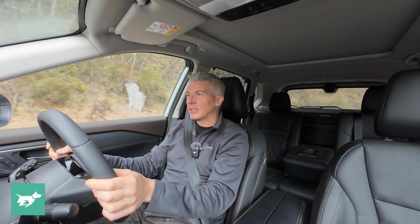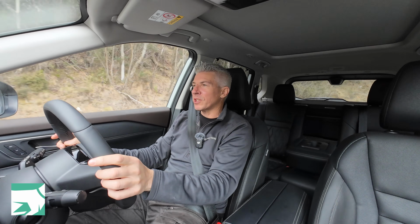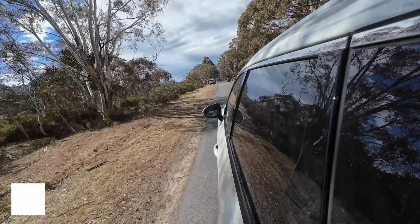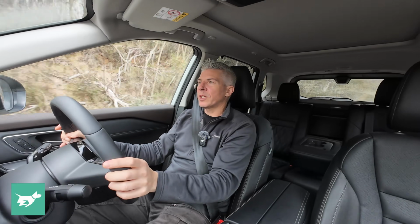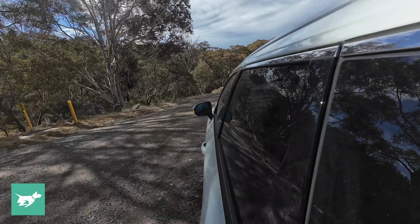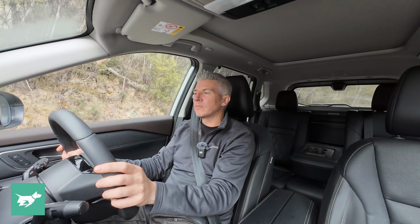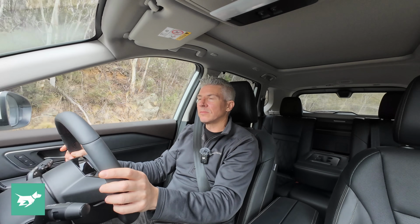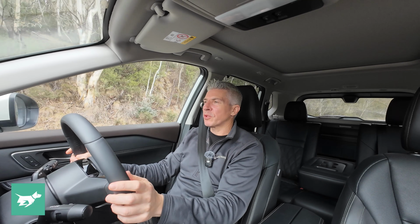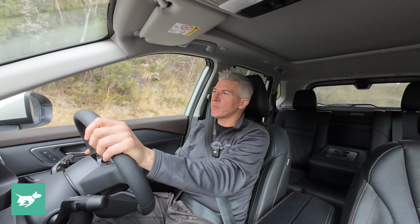But it does give you very sharp deceleration on this road. So yeah, we'll just lift off there, don't need to touch the brake pedal. Lift off again, yeah, strong retardation. All right, let's see if it will come to a complete stop. No, it won't come to a complete stop. It's still rolling forward a little bit. So it's not true one pedal driving, because to get to a standstill, you've got to press the actual brake